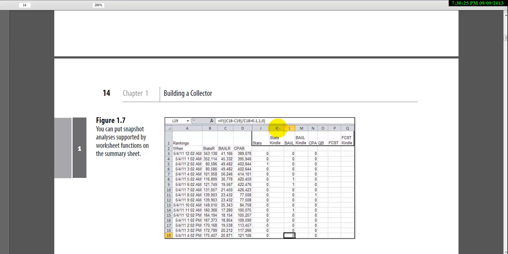So column J and column B. So what are these? Column B is what? Well, maybe you don't remember, or we didn't even say clearly. But anyway, this is the ranking. Maybe he means stats R, meaning statistics books ranking. So like at this time the ranking was 343, 138, and then it went